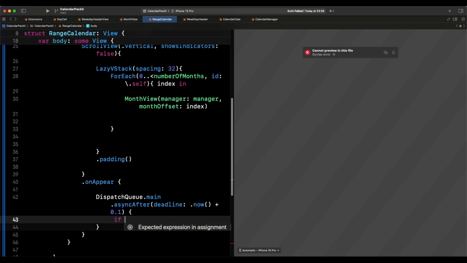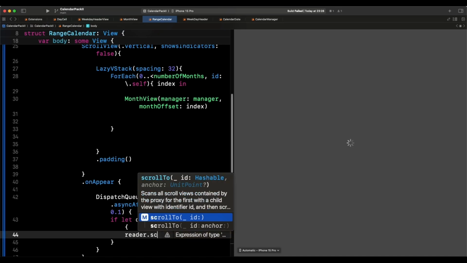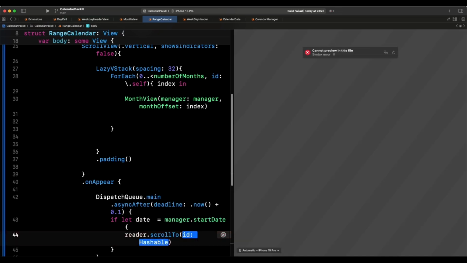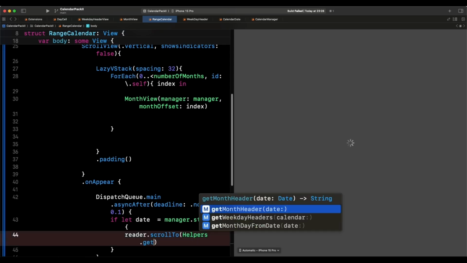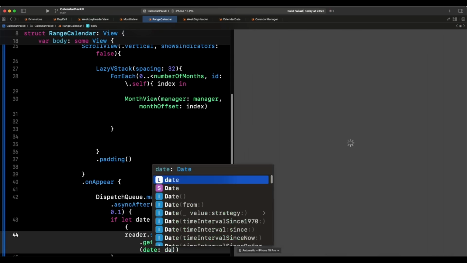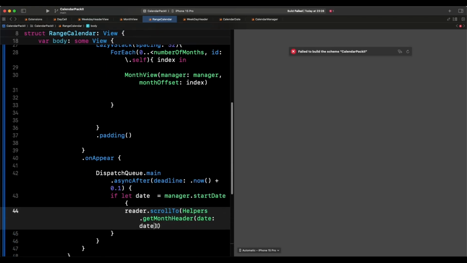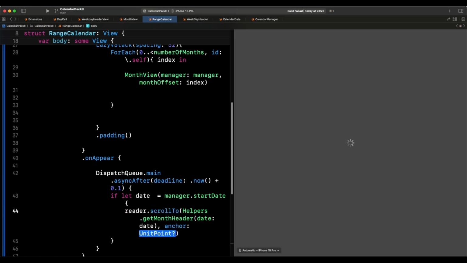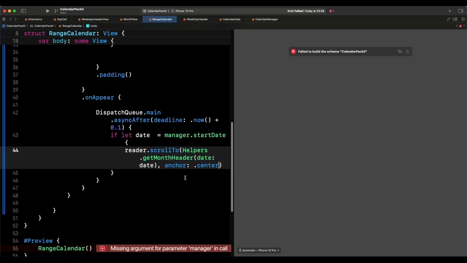if let date, which is going to be manager dot start date, what we're going to do is the reader is going to scroll to, and here we say helpers dot get month header date, which is going to be the date, right? And anchor is going to be dot center, right? So we do that, and after that we could